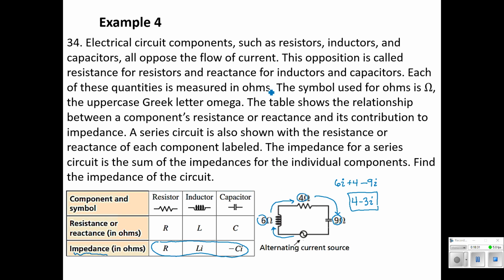Very, very intimidating looking problem, but look at how little work that took to actually write out and solve that problem. So again, take the time and put an honest effort into these word problems. You'll definitely reap the rewards of that later on.